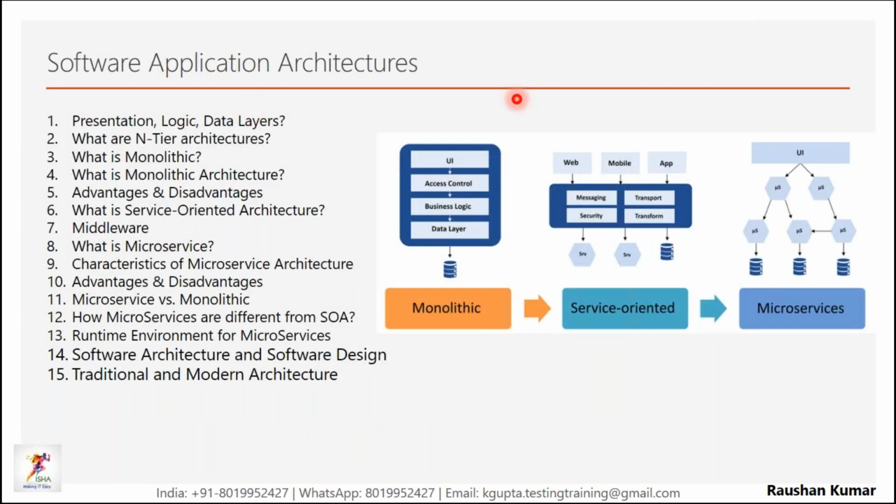And we'll talk about software application architecture. We'll talk about the transition from monolithic services, to service-oriented architecture, to microservices. We'll talk in detail, because as a performance engineer, we need to know the architecture to troubleshoot and fine-tune your application. We have to understand how things are communicating, so the understanding is very much required here. We'll go through everything: monolithic architecture, service-oriented architecture, and microservice architecture.